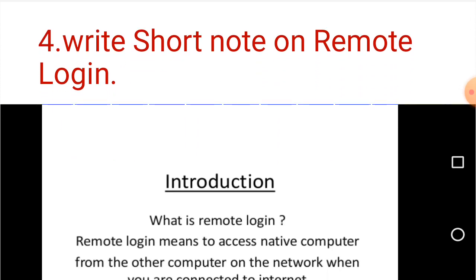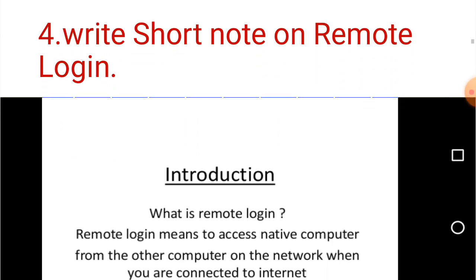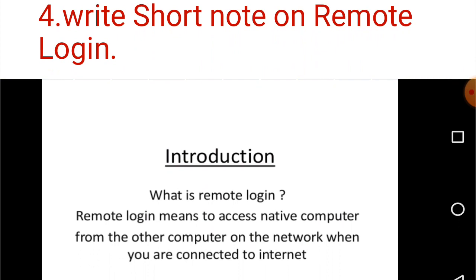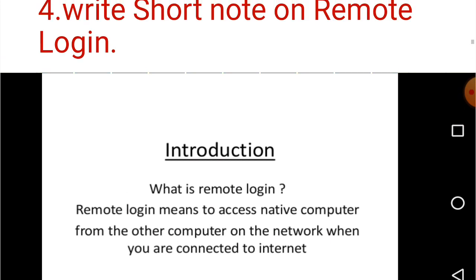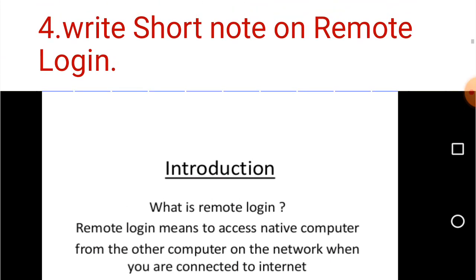Next, write a short note on remote login. What is remote login? Remote login means to access a native computer from another computer on the network when you are connected to the internet.